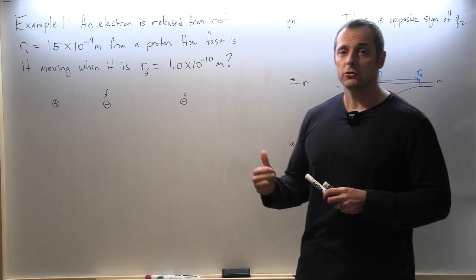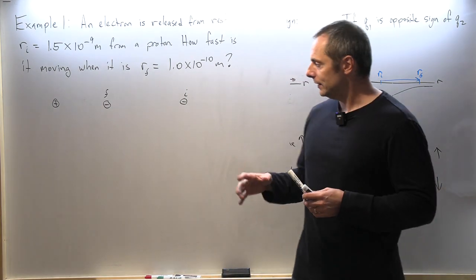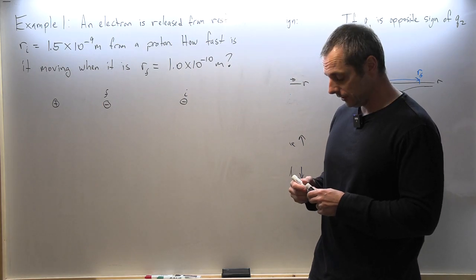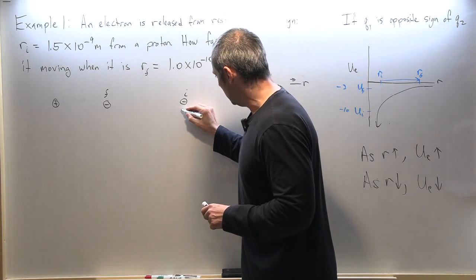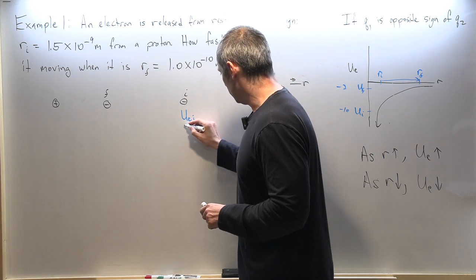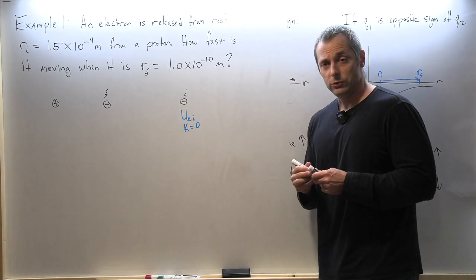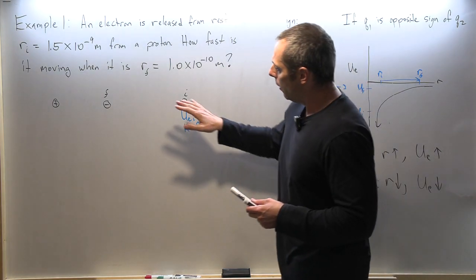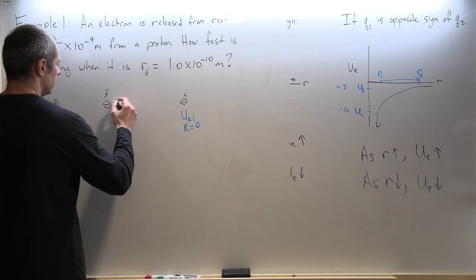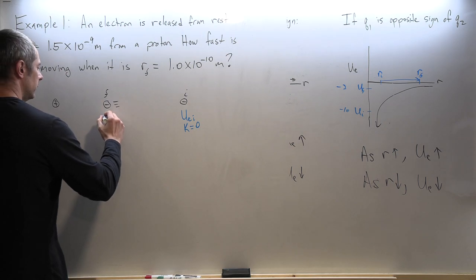It's at rest, so there's no kinetic energy. This is in space. Well, there is gravitational energy, but it's negligible compared to the electrical energy. So all we have is U electrical, initial, and you could write K equals 0 if you want, but you don't have to. Over here, at this location, we still have electrical potential energy,